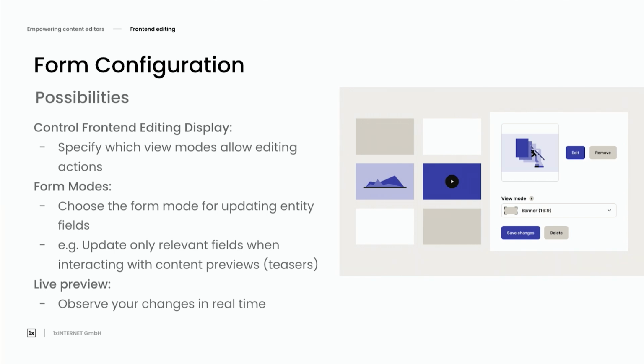Something else that you can configure is the ability to observe your changes in real time. Of course, this is great, and most people will find it very beneficial, really being able to see your changes immediately on the screen as you're making them. But this is completely up to you. If that does not fit your workflow, if that does not fit the way that you edit your content, this can also be removed. Once again, this is up to you and how you work. We're trying to improve productivity here and your existing procedures. So once again, this can be configured as you like.